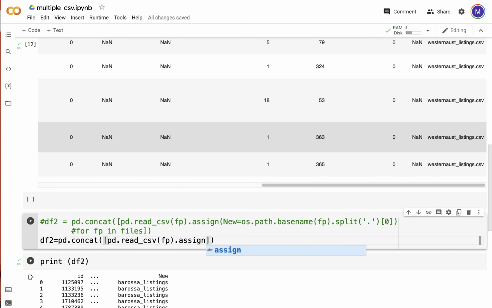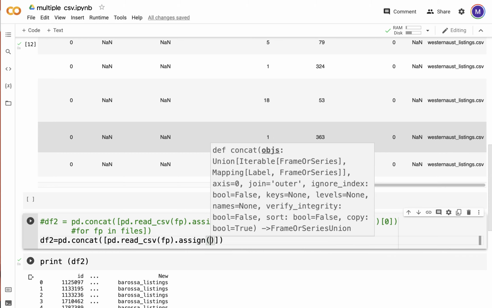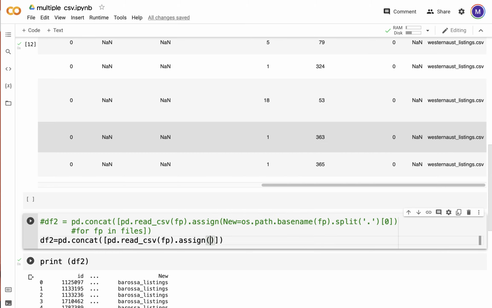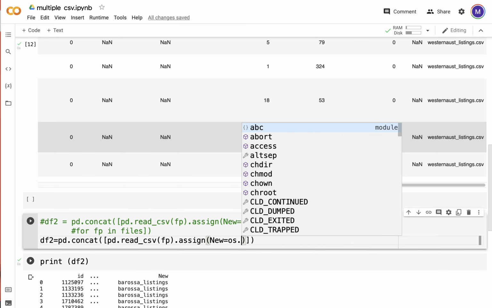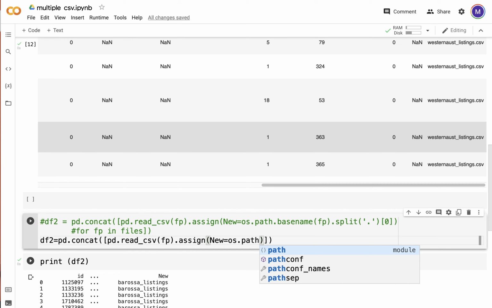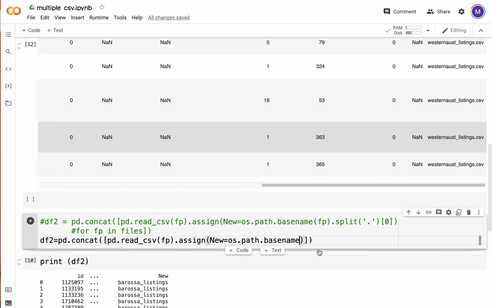Again, I decide on a column name. Actually, I can call it, well, let's just call it new, os.path.basename. So so far it's more or less the same, fp